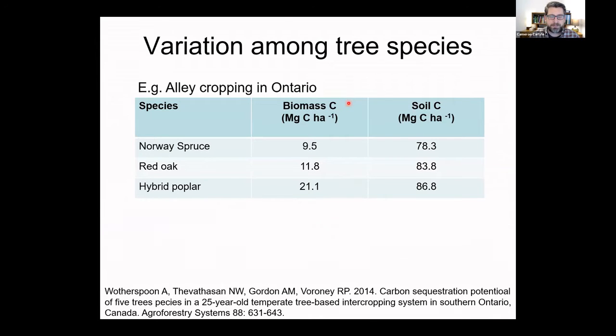among tree species. So this is one of the papers that Mark had included in his review. This is just a sample of the data that came from this paper by Witherspoon, looking at different tree species in alley cropping systems in Ontario. One of the few papers that we came across that actually measured both above ground biomass carbon and soil carbon. And so the thing to take away from here is just that across these three different species, we